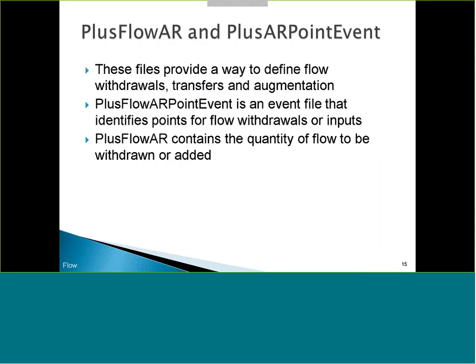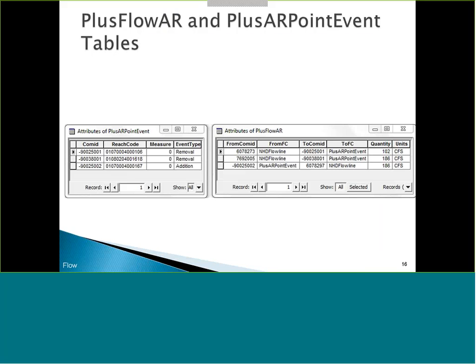So it defines flow withdrawals, transfers, and augmentation. Plus flow AR point event, it's an event file, okay, that identifies these points for flow withdrawals or inputs. The plus flow AR itself contains the quantities of flow that are to be withdrawn or added. And here are what the two tables look like together. Here we have essentially 3 events with reach codes and measures, which we talked about before, and what type. We have 2 removals in